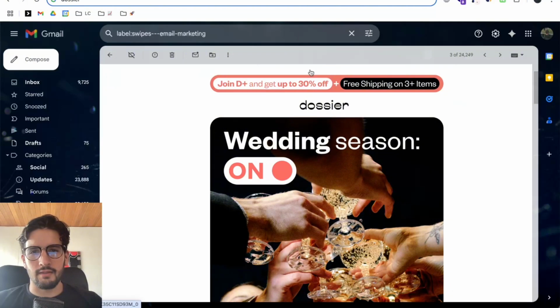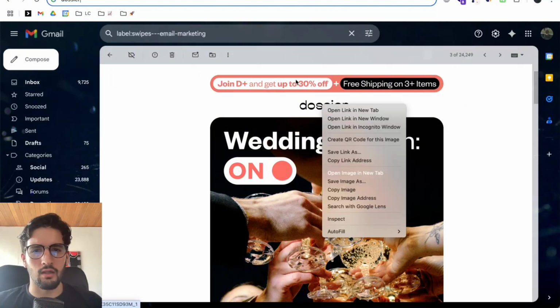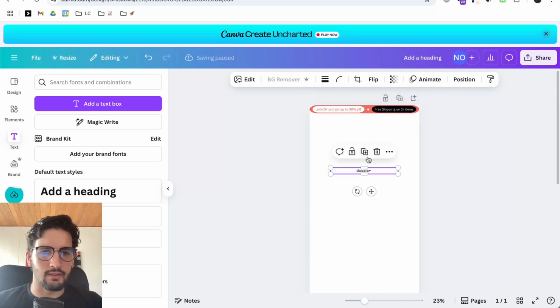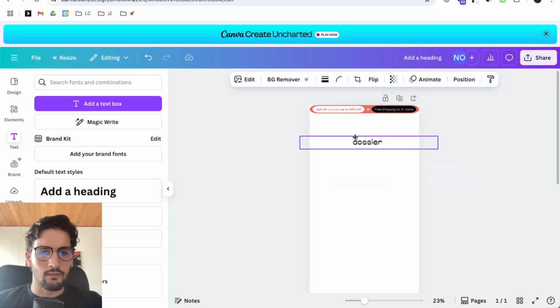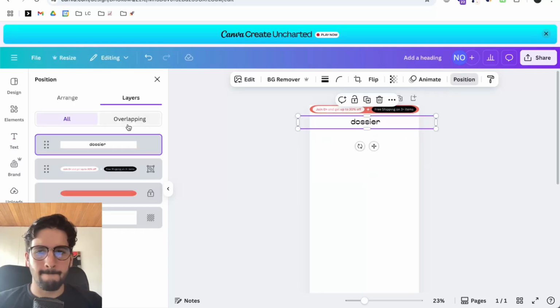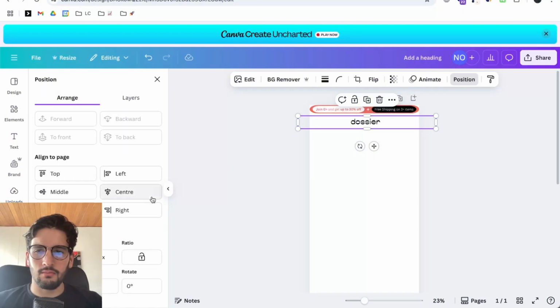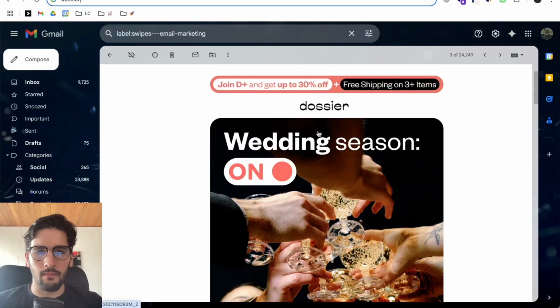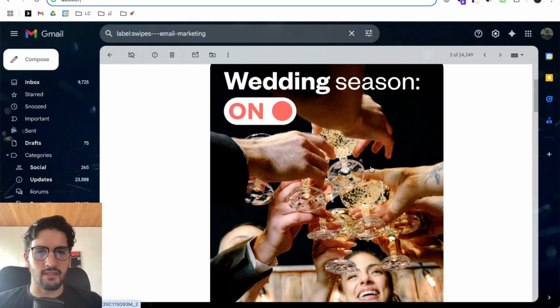Now I'm gonna copy the logo because that should be pretty straightforward, right? In this case, I'm gonna make it bigger. Oh, yeah. So arrange, center. Cool. Now let's create this wedding season